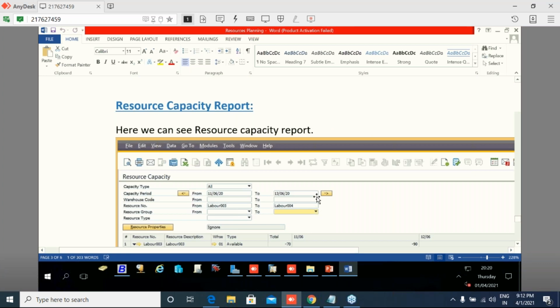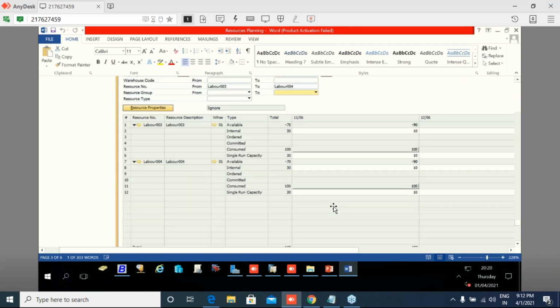After running the production order, issue for production, receipt from production, we can see the resource capacity report in the resource master module. In the resources module, you can see the labor 003, the available quantity shows to be minus 70, and internal we have 30. And for labor 003 we have the same minus 70 in available, and internal we have 30.